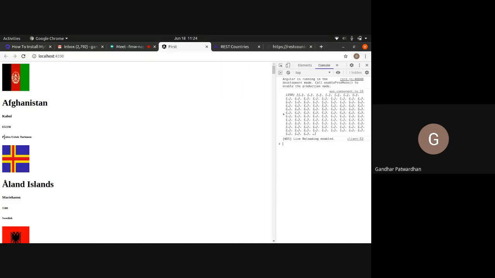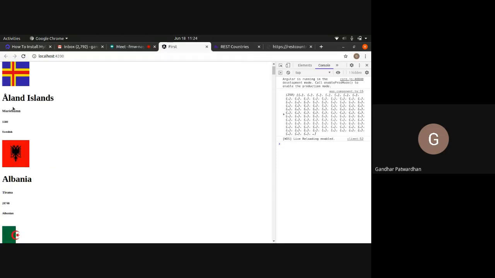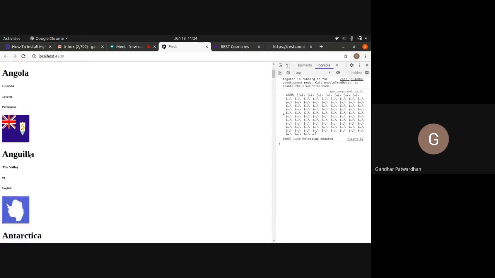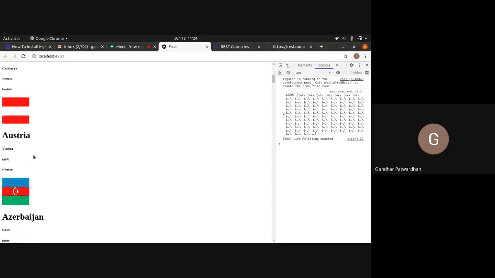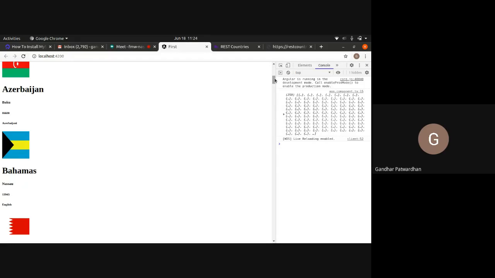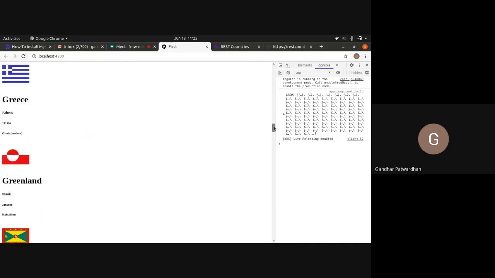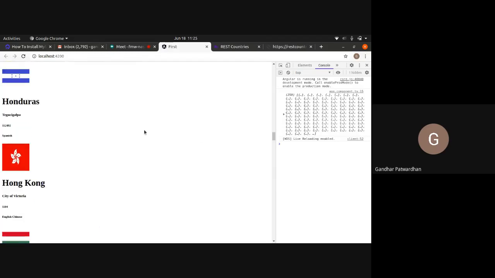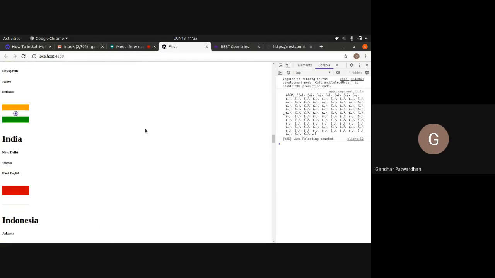So I got all the languages displayed here. Ireland has Swedish, Albania has Albanian, Algeria. Somewhere down the line, there would be India as well. Here we get. So we have two languages, Hindi and English.